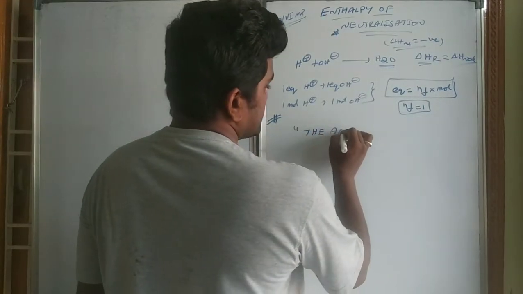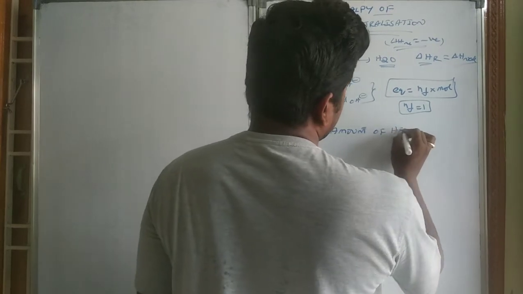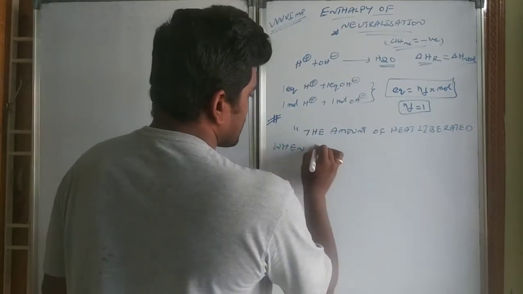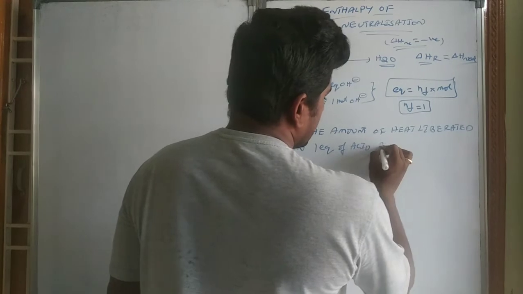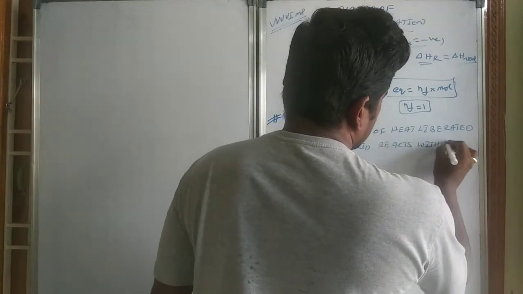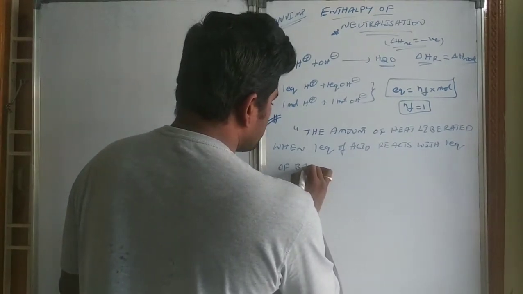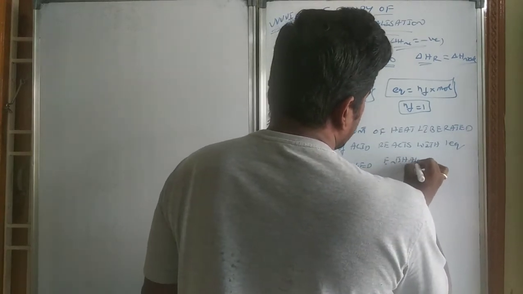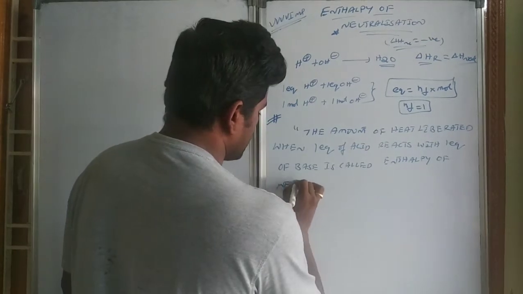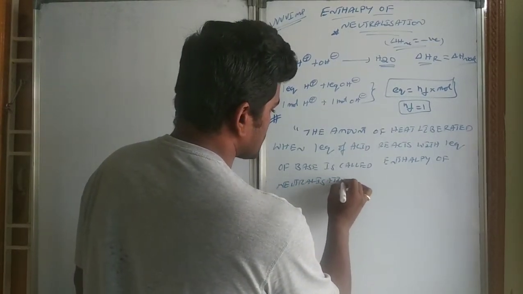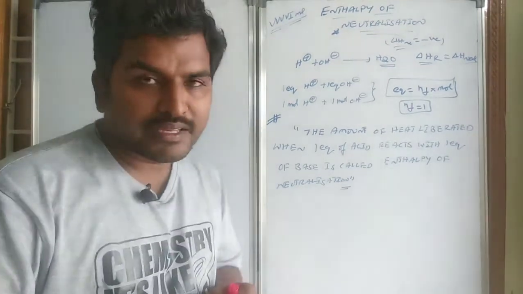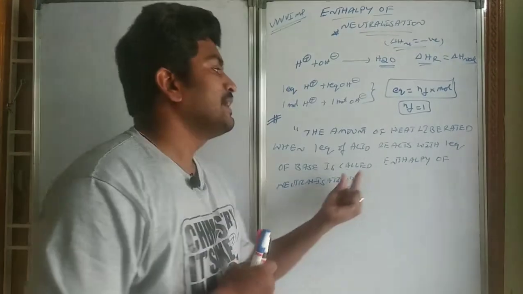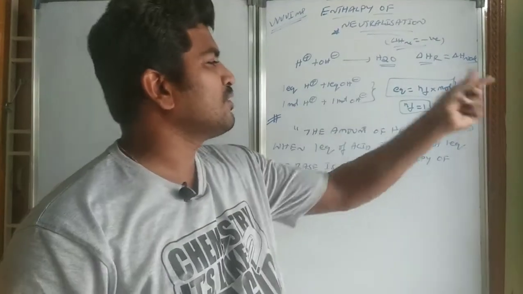The amount of heat liberated when one equivalent of acid reacts with one equivalent of base is called the enthalpy of neutralization. We should not mention this in terms of 1 mole of acid or 1 mole of base,